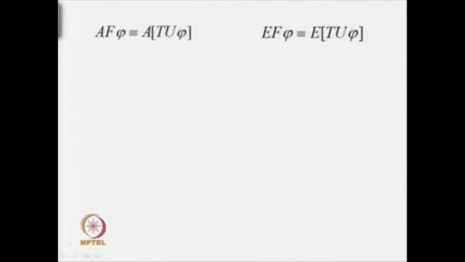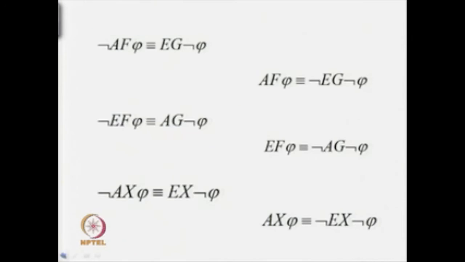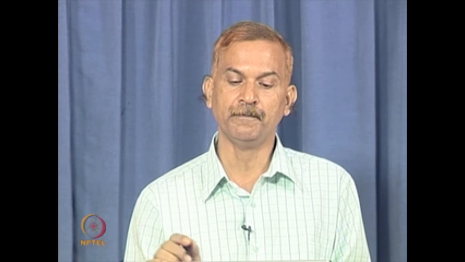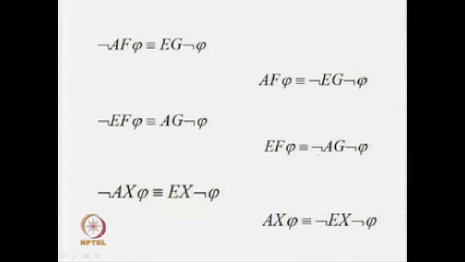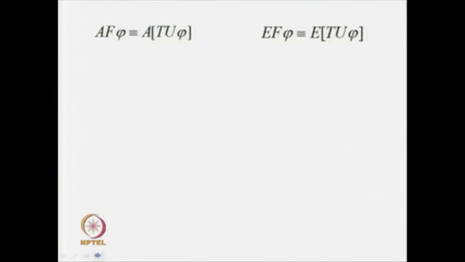So, these are the operators globally, future and next state that we have talked about. We have another temporal operator, which is until. Now, we will see whether some of these operators can be expressed with the help of the until operator or not. Until is a binary operator, which involves two CTL formulas, and the others, F, G and X, are unary operators. Now, you see that we have two equivalences with respect to the until operator.